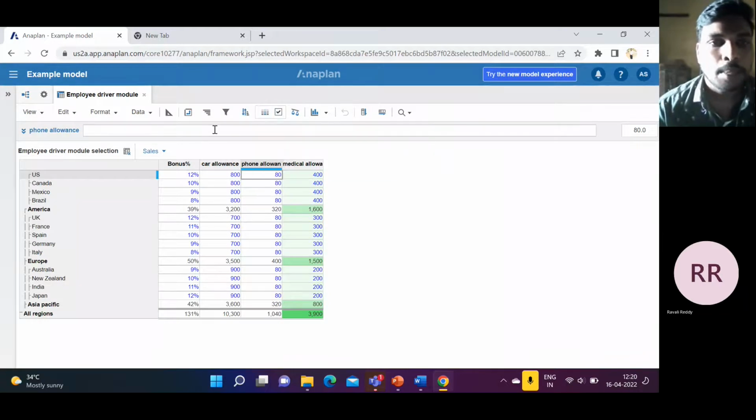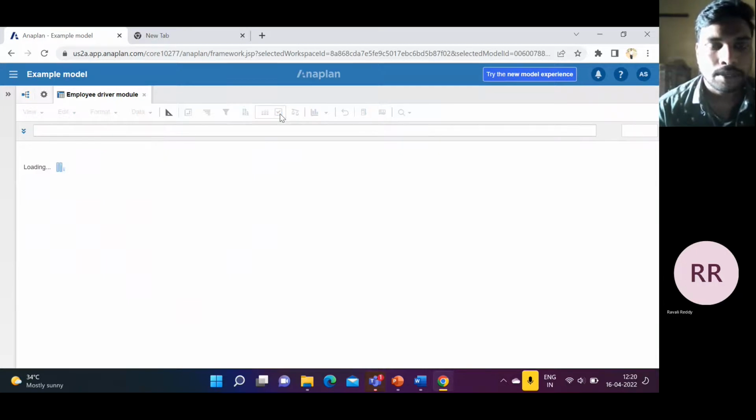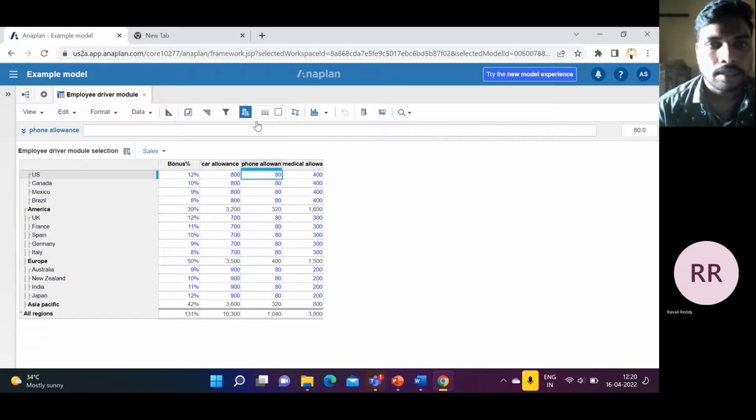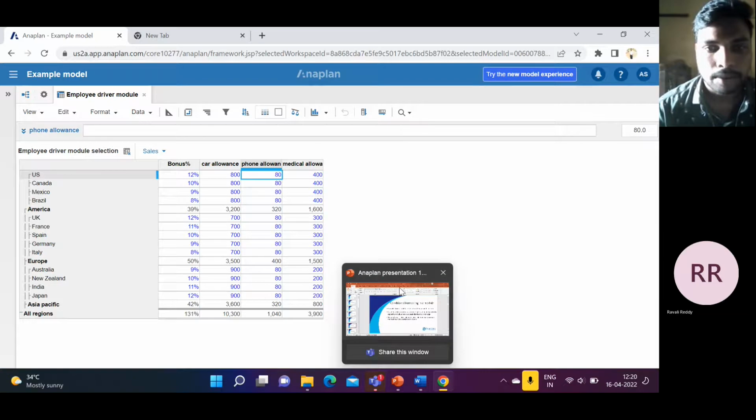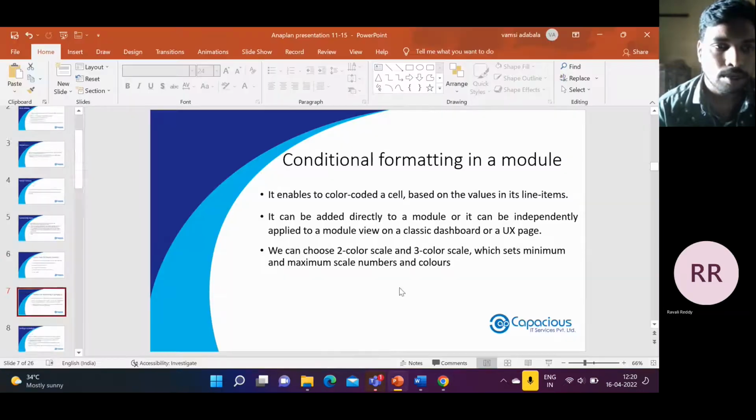This is the quick option for conditional formatting. If you uncheck conditional formatting, it is not shown. If you check the conditional formatting shown in the module toolbar, it's shown as an option. This is a simple option in conditional formatting. This is conditional formatting. And coming to another slide,